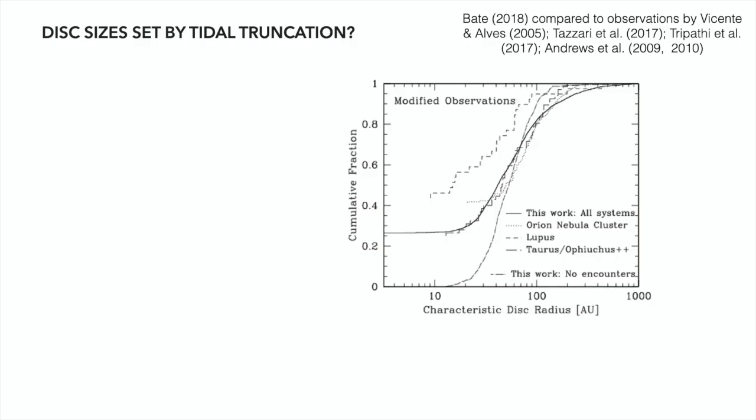All right, so, I'm going to skip a little bit, but there's an even more direct argument, which is if you plot the size distribution of protostellar disks, then first of all, there can be quite different star-forming regions that have the same disk size distribution. So why is that? Wouldn't you expect a different size distribution in a dense cluster compared to a not dense cluster? And also that matches what you get out of a simulation that just does a bunch of stars interacting in the cluster. So why does that work? How can a region like Orion have the same disk size distribution as a region like Lupus or Taurus, which is a more local star-forming cloud?